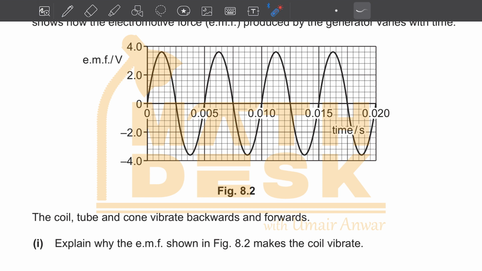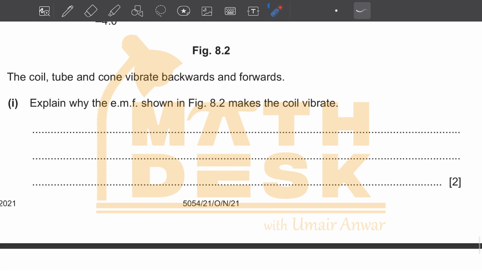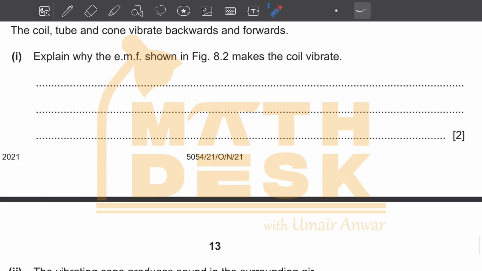So the EMF shown is telling us there is a positive half cycle and then there is a negative half cycle in the EMF signal. So when the positive half cycle of the EMF is there, there is a flow of positive current, and when the EMF changes its direction to the negative half cycle, there is a negative current flowing. So when the current continuously switches its direction, the force being exerted on the coil placed in a magnetic field also changes. So the answer would be the current